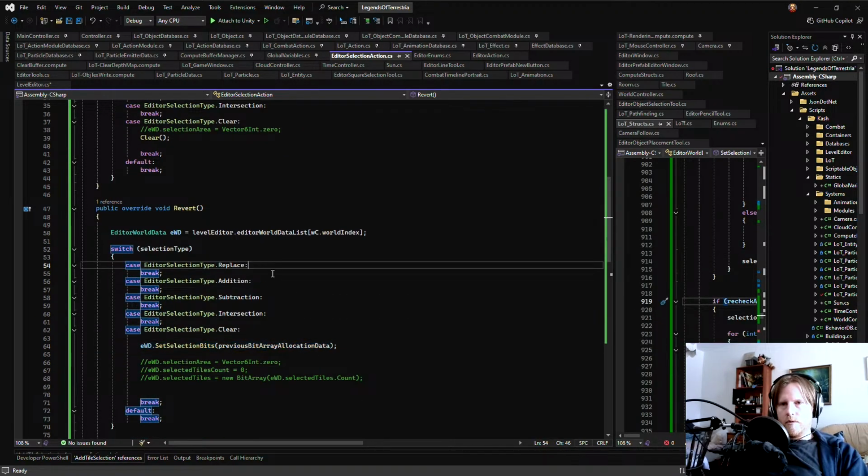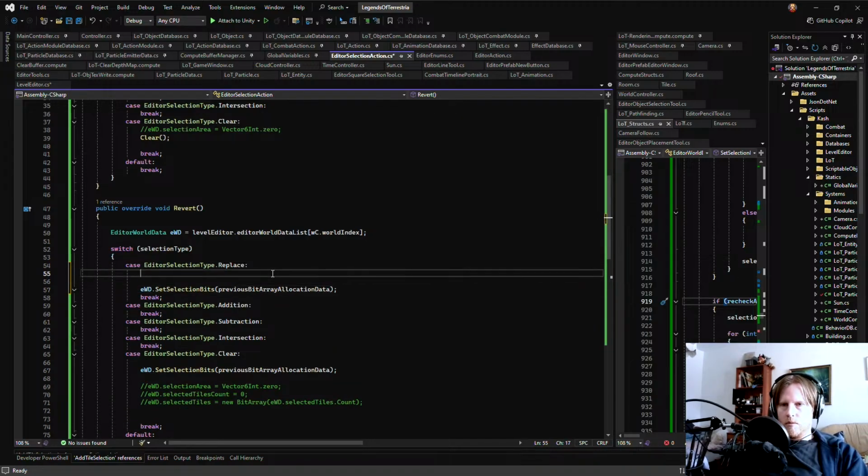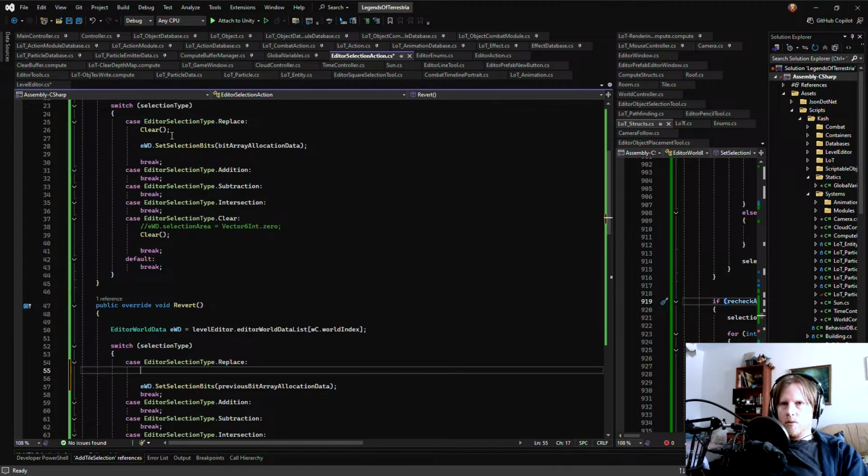We need one of these. Like, this is the last thing it's gonna do. But it needs to undo... because this is undoing the clear. But first it needs to undo the write.